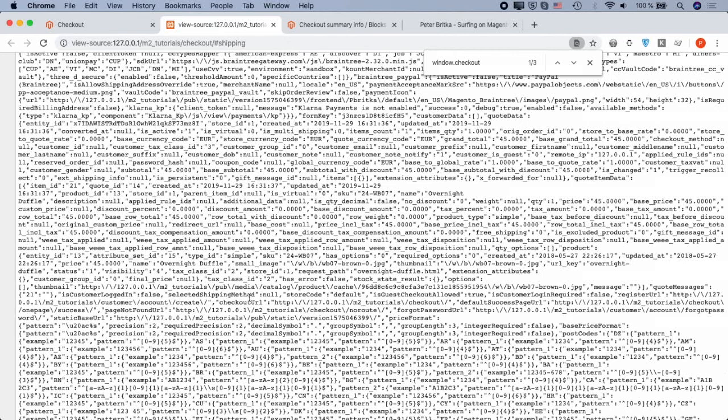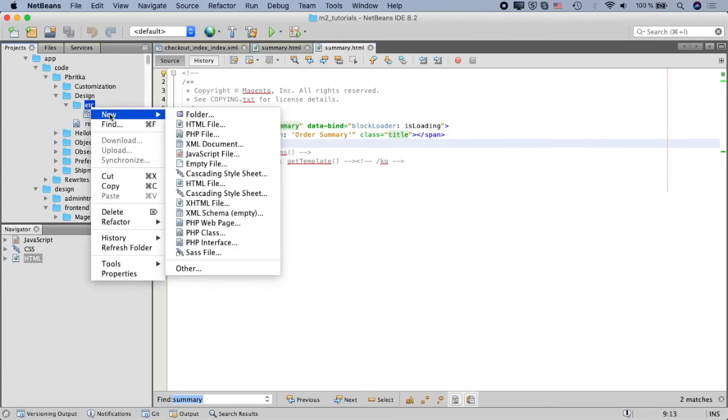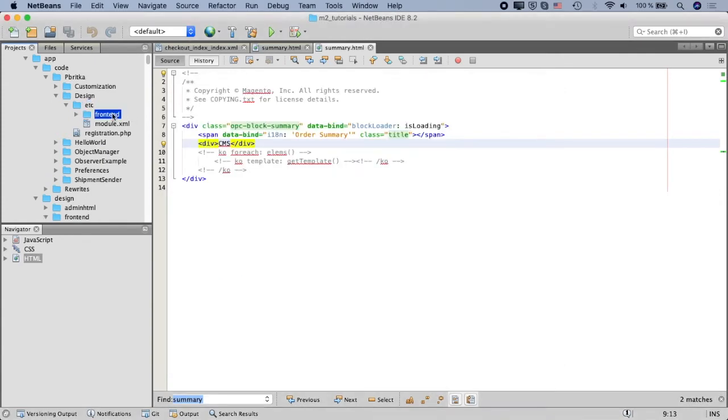the content of the CMS block inside this variable. So let's see how we can do it. For this, we need to create some new files inside our design module. So first one will be under etc directory, create a new directory frontend and a new XML file